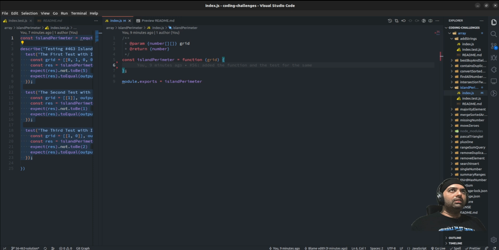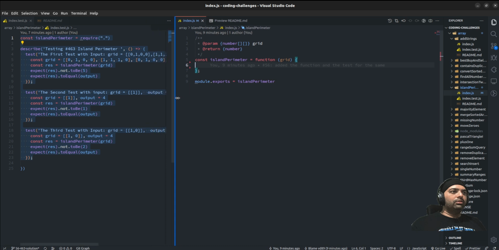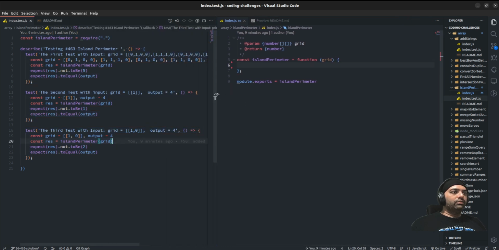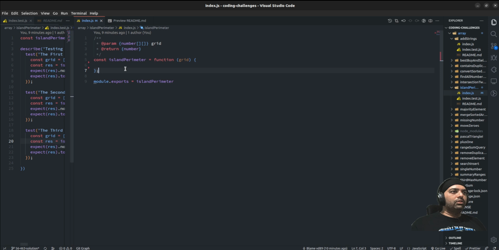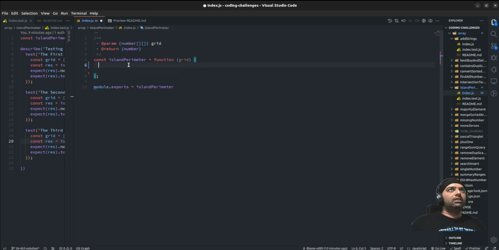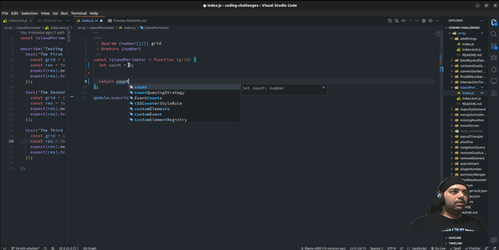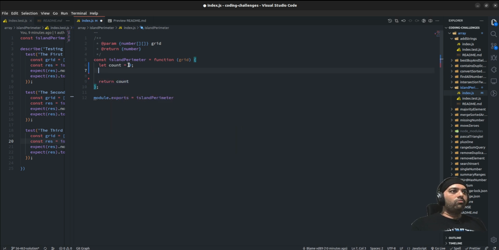I already solved that problem on leetcode, and I have already written the test cases for the same according to leetcode, and we would be able to get the solution for the same. So let us start with the solution. We need to get the count of the surfaces. So let count be equal to 0, and we would be returning the same, return count. That's it. Okay, let us start with the first thing, const